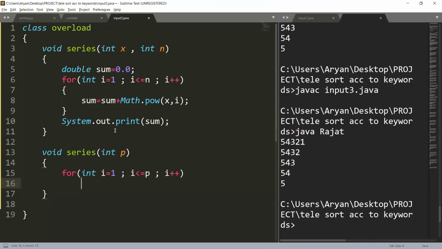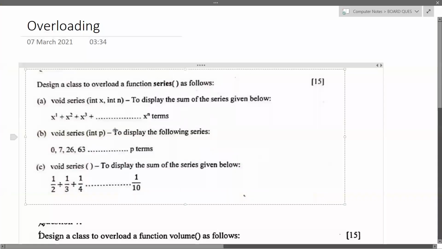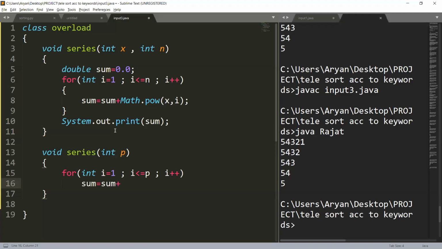Clear? We have to calculate the sum. So sum will be sum plus I into I minus 1. Clear?